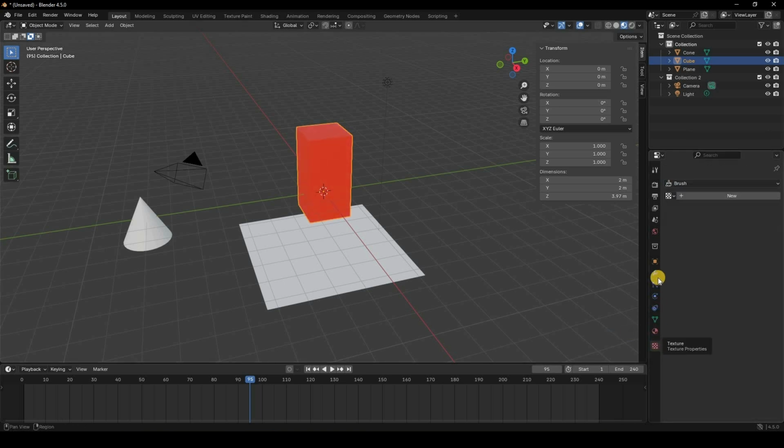Over here's the texture tab. Again, you can combine this with the other options from modifiers to get